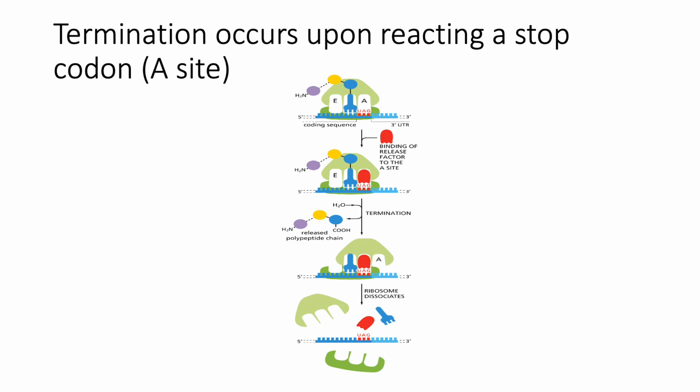What happens in the termination reaction is the whole thing just comes apart. So the protein is released from the transfer RNA. The two ribosomal subunits come apart, and the ribosome is released, and the messenger RNA is released. So it just blows the whole thing up. Now, I do want to say another two things. One is that the cell tries to be as efficient as possible. So with the messenger RNA,